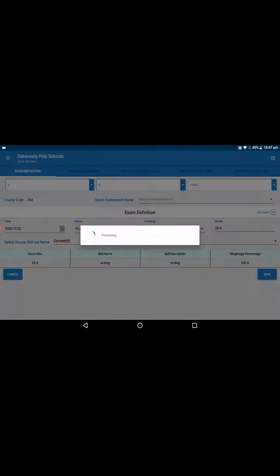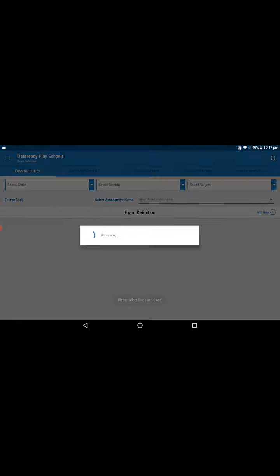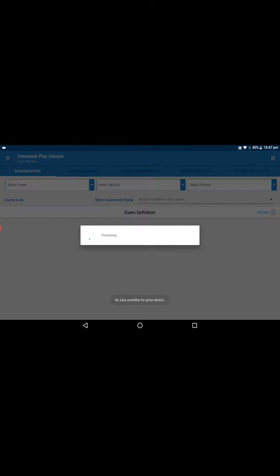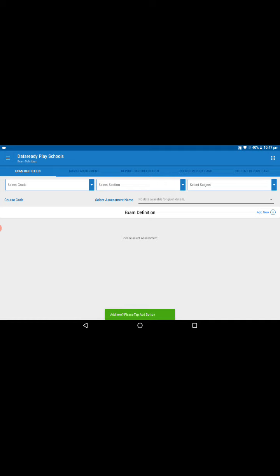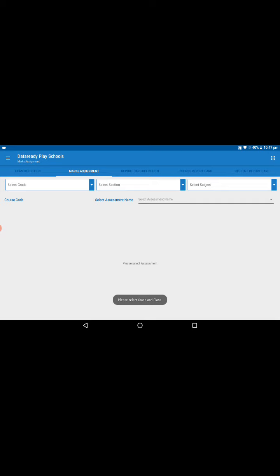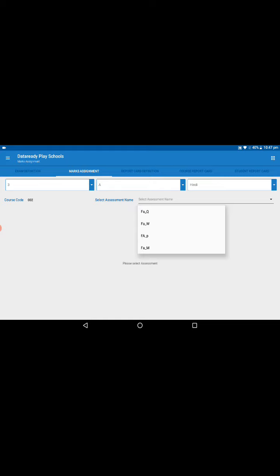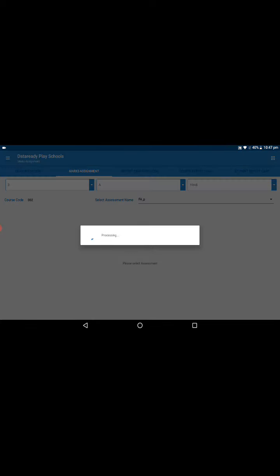So click on the save button so that now the previously created report card was assessed for the third grade. Now click on marks assessment. So here let me select 3A and subject Hindi, and here click on select assessment name so that here you can see FAP. Click on it.